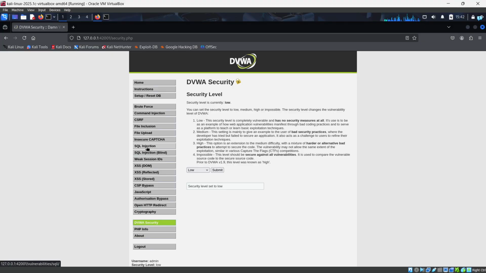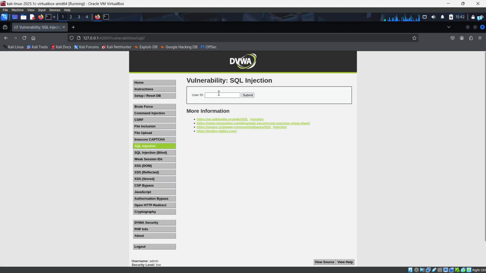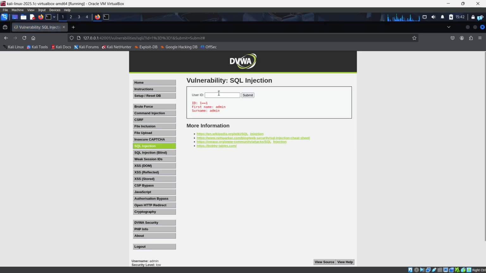Go to SQL injection now, and type 1 equals 1, or 1 equal to 1. I think it should also be fine. Yeah, both are fine. In the experiment lab manual, I've given a single apostrophe. That also should be fine, but for safety purposes, just give this one: 1 equals 1, or 1 double equals 1. Once you have done this,